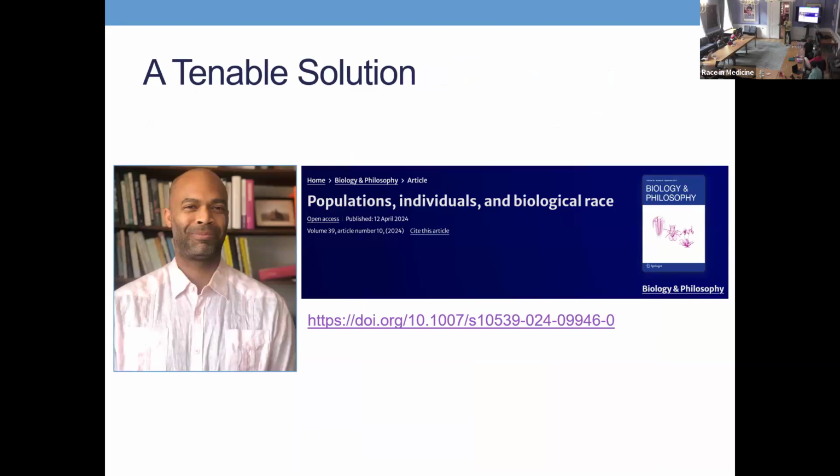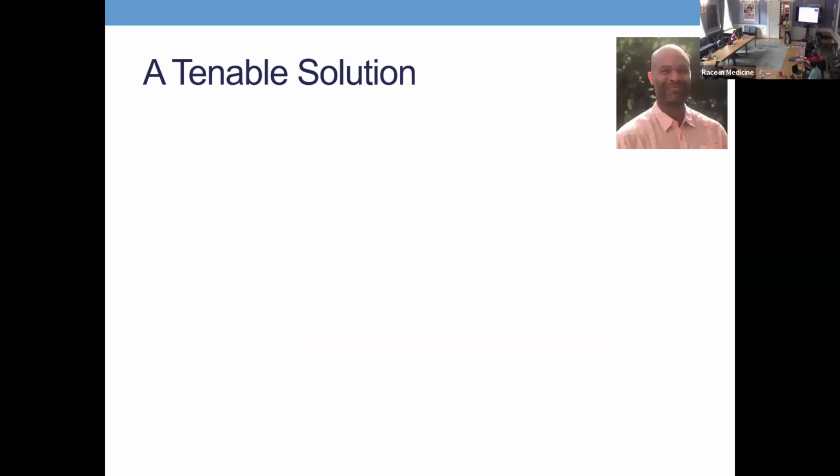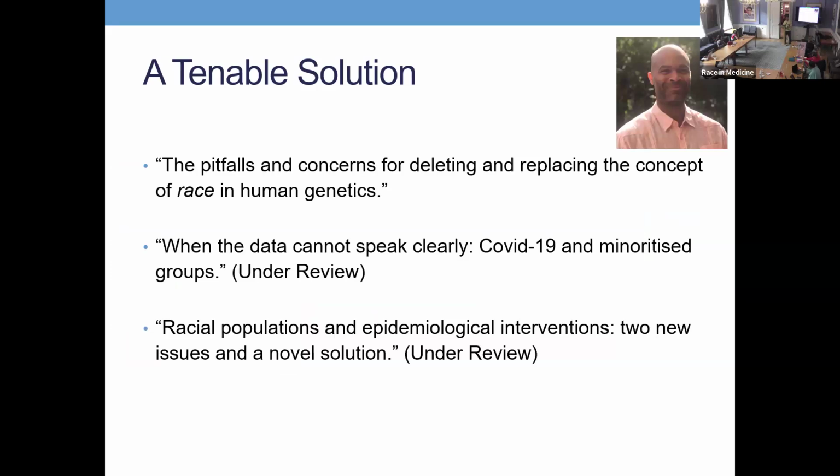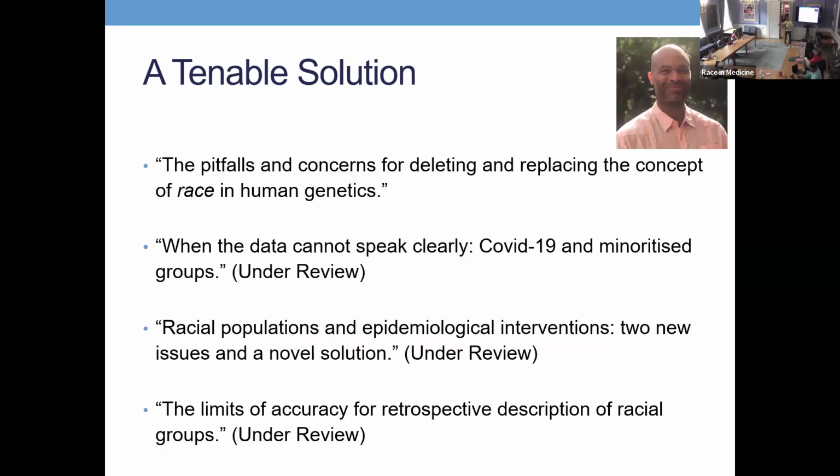But I think that I have a way to provide an answer that accommodates the case of the UK while avoiding what I take to be some of the pitfalls from some of the particular views that I have highlighted before. So here's what the solution is supposed to look like. There are a number of publications where I'm starting to develop this robust overarching solution. It's to argue for a particular type of metaphysical commitment that doesn't presuppose biological realism, and it doesn't propose a coherent version of social constructionism.